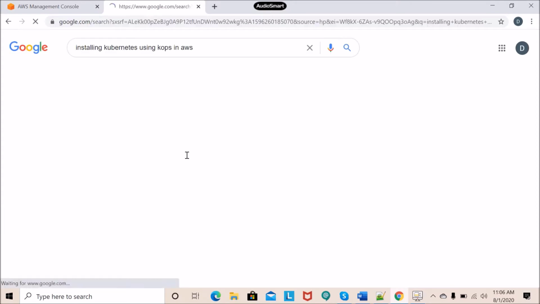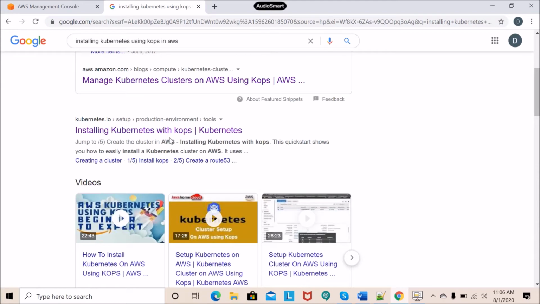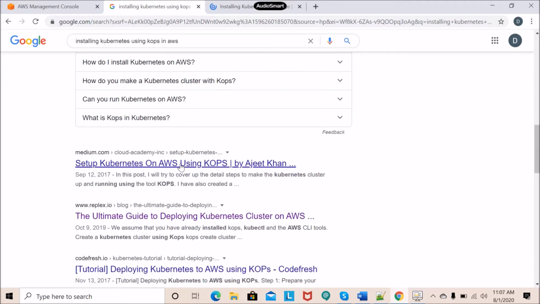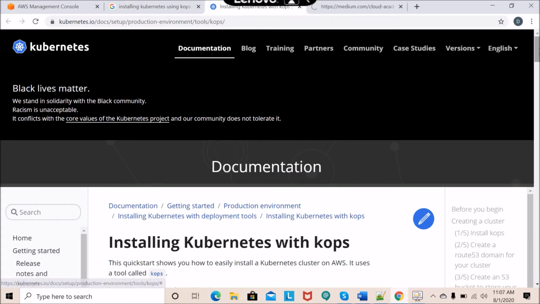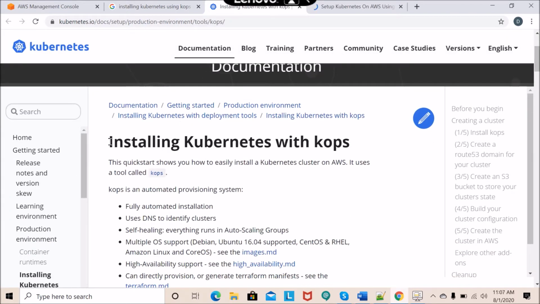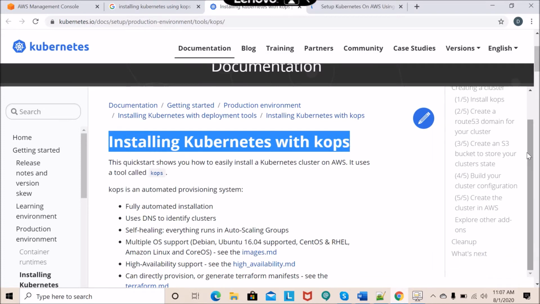There are many ways of installing Kubernetes, right? You can do it with kubeadm, right? Kubeadm and kops, and you can do it from the GUI itself. So you have many ways of doing it. So I'll be sharing a couple of documents with you, so you can follow those, right? Even you see, installing Kubernetes with kops,